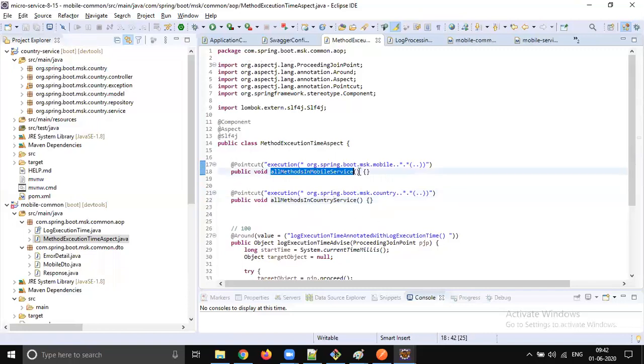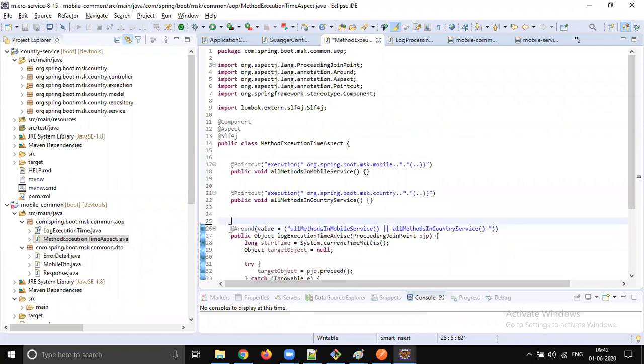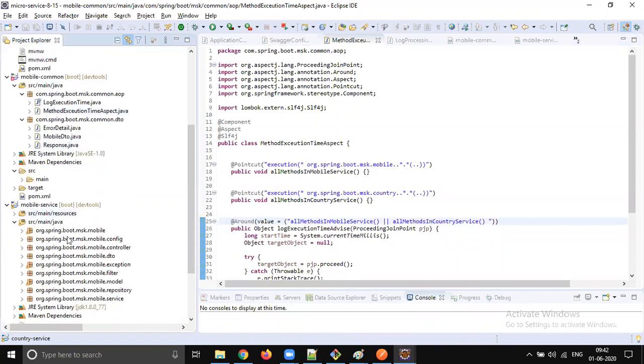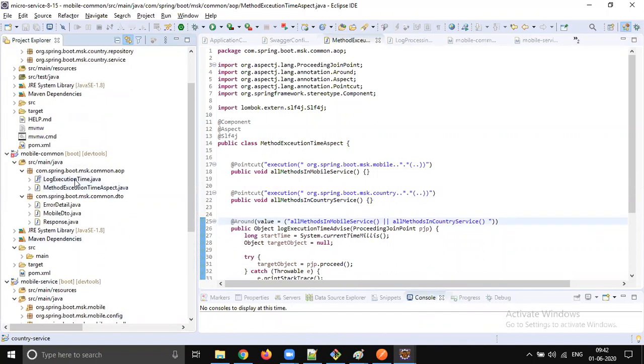So it's going to be all methods in mobile service or all methods in country service, a combination of pointcuts so that it works. Now this common aspect oriented programming will work for country service as well as for mobile service.